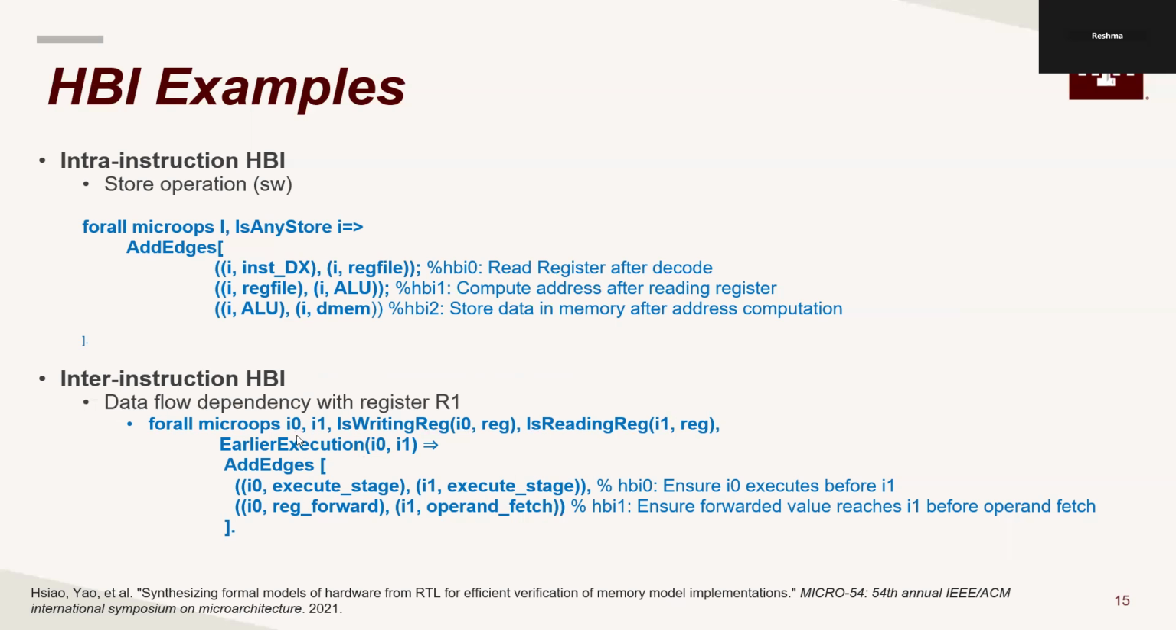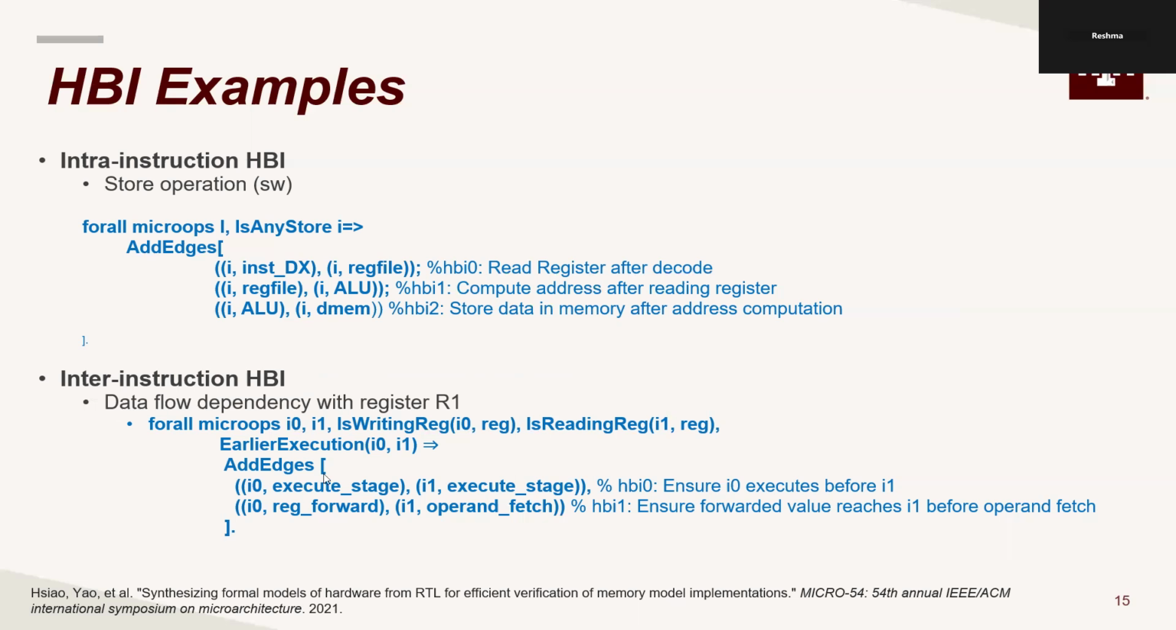So consider two instructions I0 and I1 in a pipelined processor, where I0 produces a register value that I1 consumes. I0 is an arithmetic instruction that writes to a register. I1 is a dependent instruction that reads from that register. The processor uses register forwarding to bypass the register file and directly pass R1's value from I0 to I1, ensuring